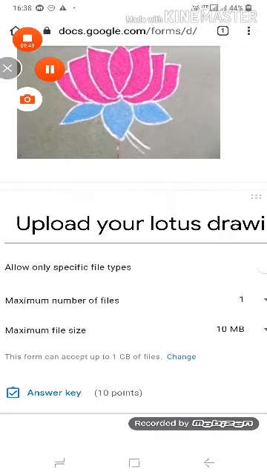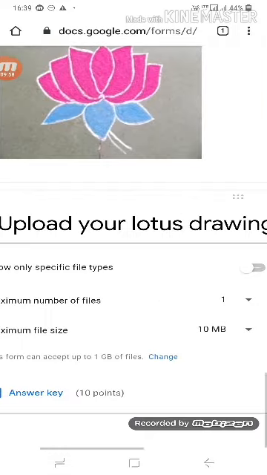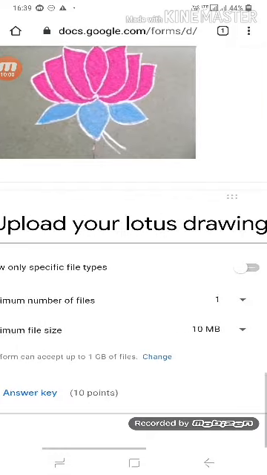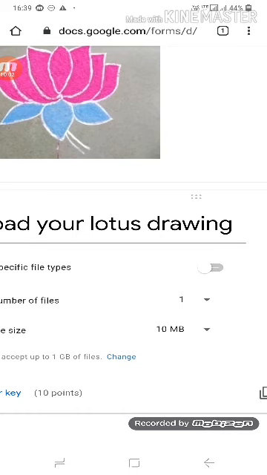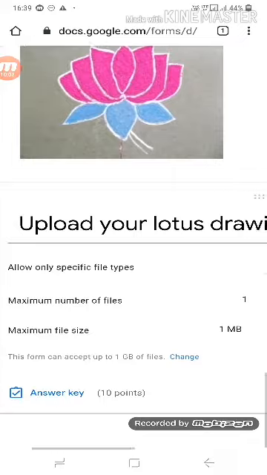Okay, and as you can see, maximum number of files and maximum file size. So I am keeping it one only, and maximum file size 1 MB. Okay,